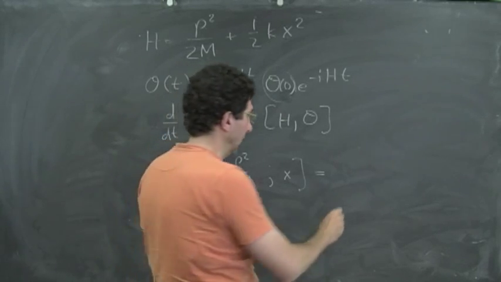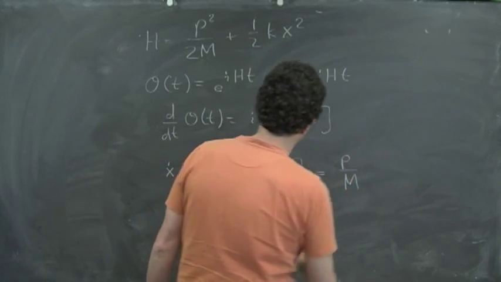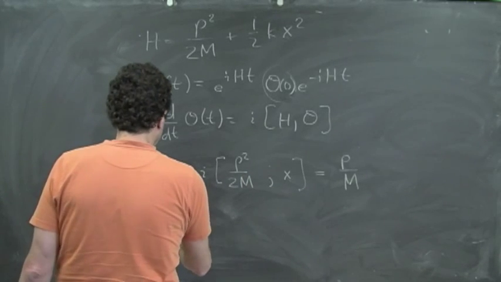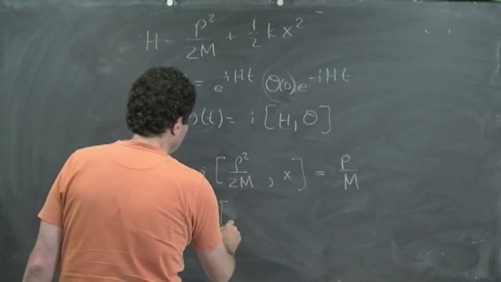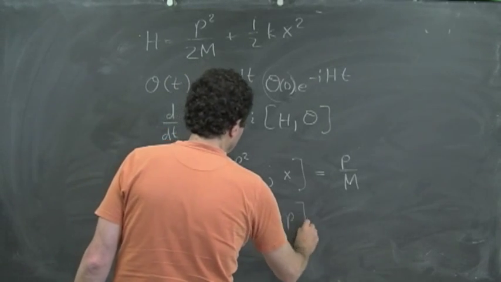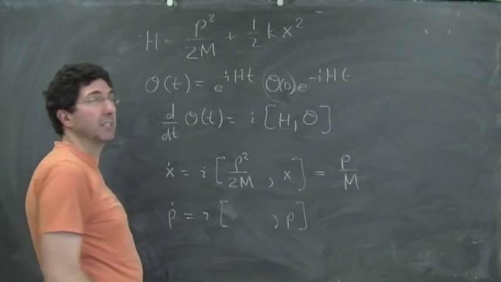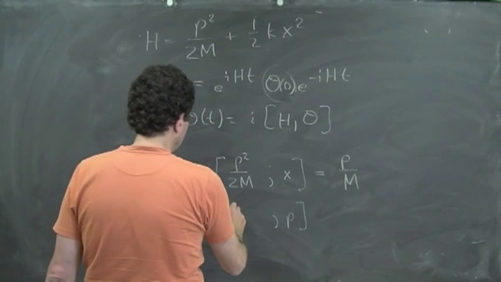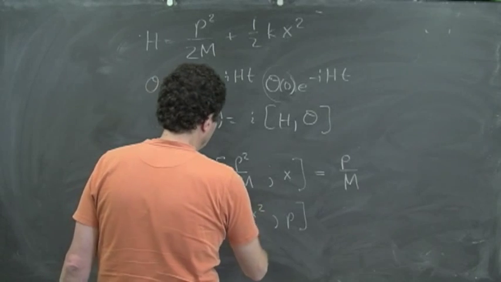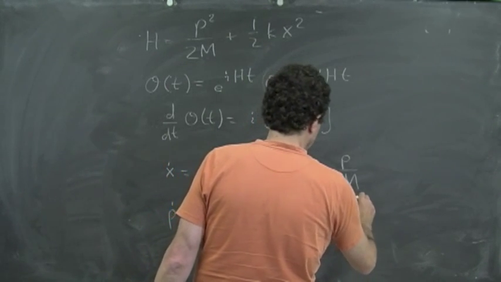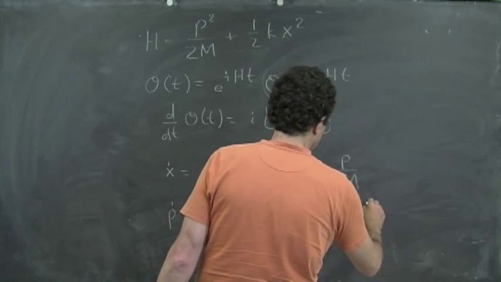I guess we get p over m. Okay? Supposedly, if we use the right sign for the canonical commutator. Same here, we write p dot is i times the commutator of H with p, but the only part that we need to worry about is this potential piece here, the 1/2 k x squared, and so now we're going to get minus k x over